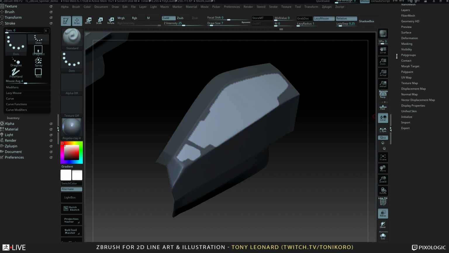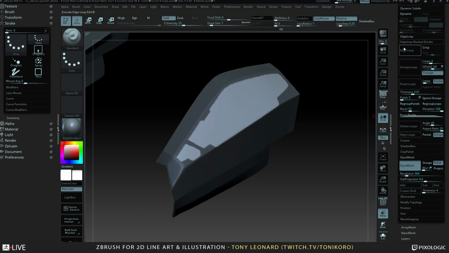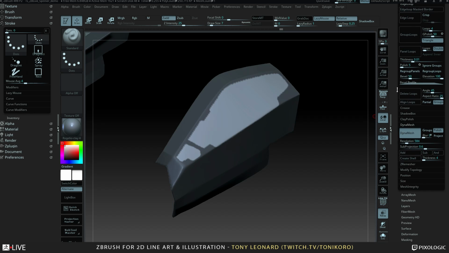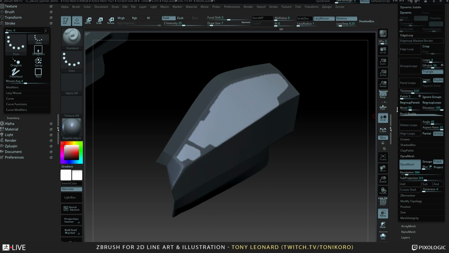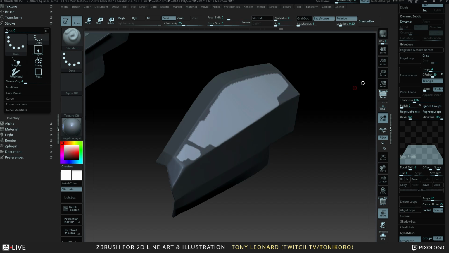And then I'm going to go check out some of my settings for panel looping. So under the edge loop, panel loop. It'll be double, yes, with 5 loops. Thickness: I'm going to make this a little thicker. Let's see. Polish 5. So anyway, let's just try it. I'll leave it the same profile. So pretty much when you do a panel loop, if anybody's never done it,